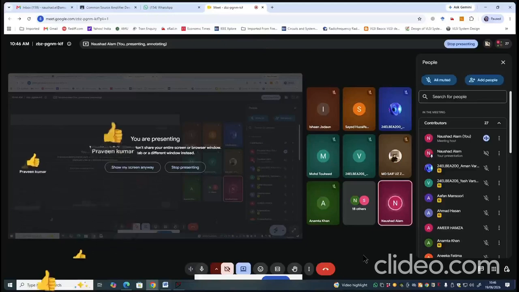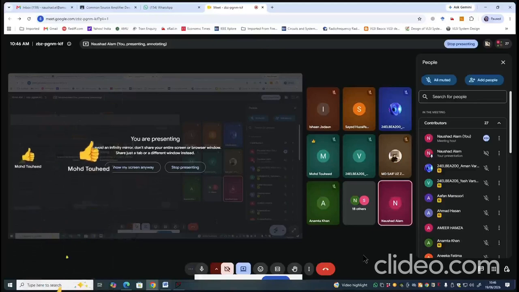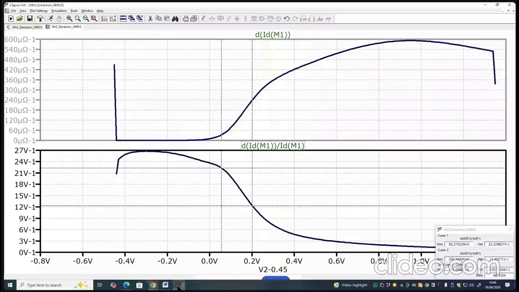And I have shared the tutorial, common source amplifier design tutorial with you. So you shall use that tutorial to design, say, common source amplifier with diode load. But that is simulation based approach. What we are doing in this internship, that we extracted the technology parameters, we are doing hand calculation, and using that hand calculation we are just sizing the transistors,